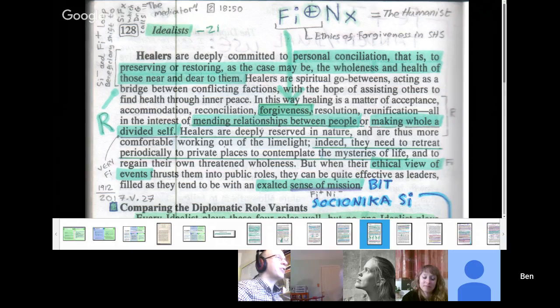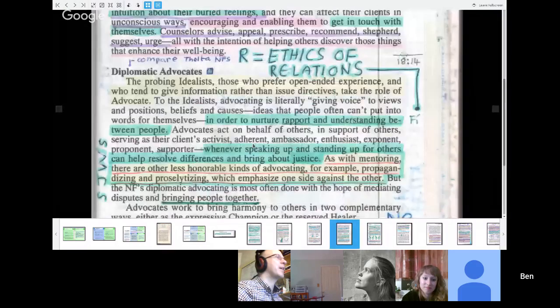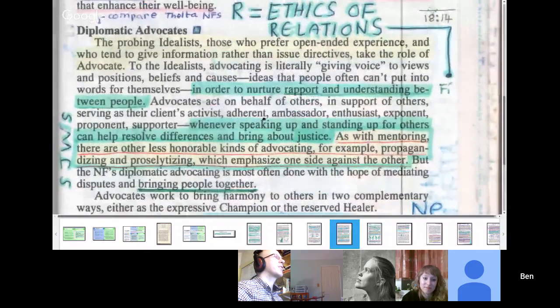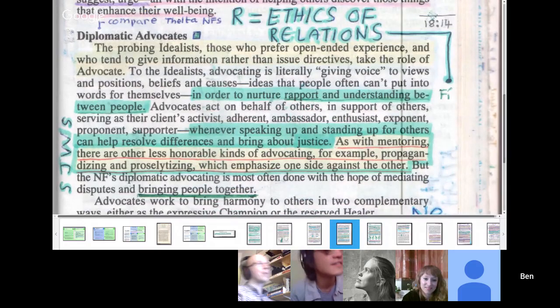Okay, and I'll actually go back to the other bits on the previous page, because I think this is a key point of similarity between the informing role of mediator, being like ethics of relations. And so there you go, Leon. Okay. So I'm reading this? Yeah, if you want to read it out loud and stop and comment, then we've not got dead air.